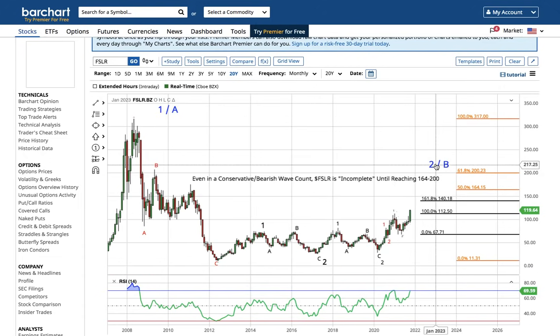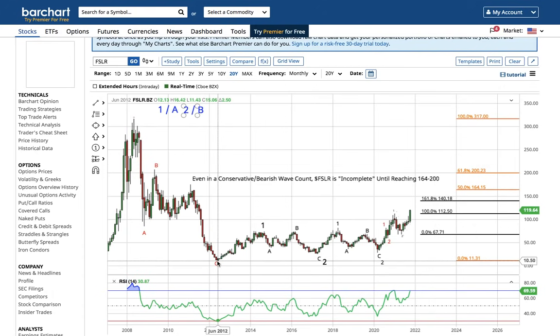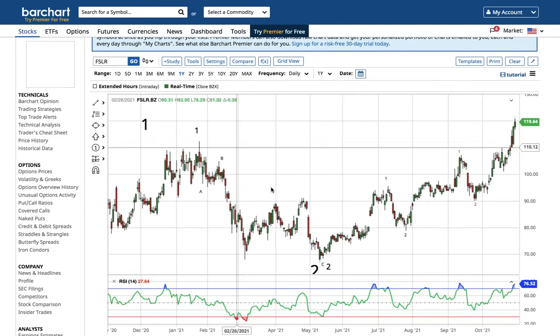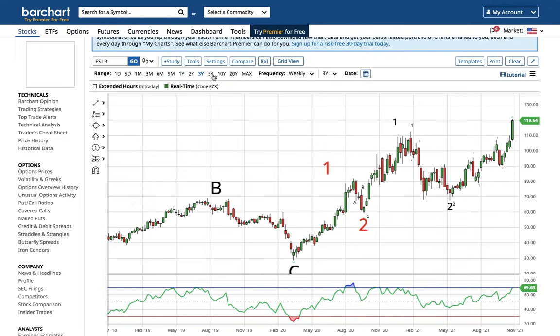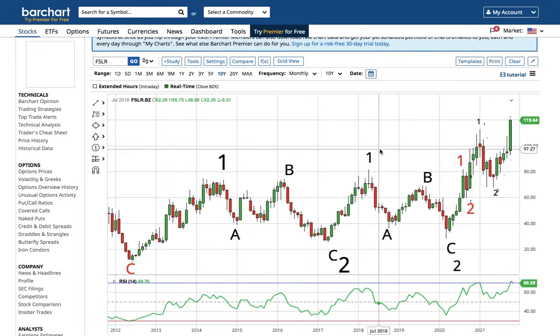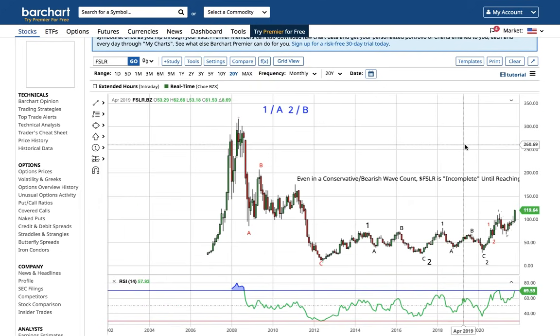Let's just ignore all this. From this low, this is most likely a wave 1 and an ABC correction putting in a wave 2. This is another wave 1 and another ABC correction putting in another wave 2. This is another wave 1 and another wave 2 in red. This is another wave 1 and another wave 2 in the very small numbers. So the very first wave 3 target is the 161.8% extension of this short-term rally that we had, which was from September of 2020 to January of 2021. Okay, that very first wave 3 target is 140 in the extremely short term.